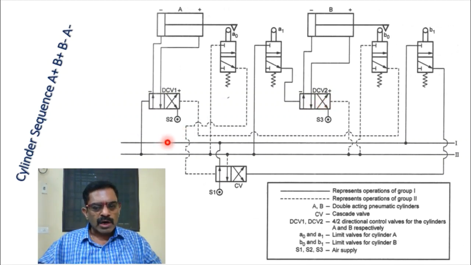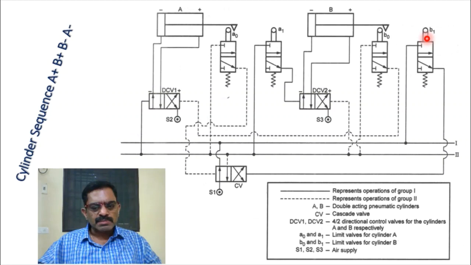and this thick line is the group 1, and this dotted line is the group 2 operation, and this is the cascade valve. So here, if A plus happens, from blank end to rod end, when it moves the piston, this will go and hit this A1. So A1 will actuate this DCV, and B plus will happen. This B plus will hit this B1